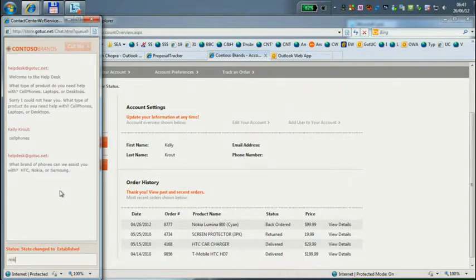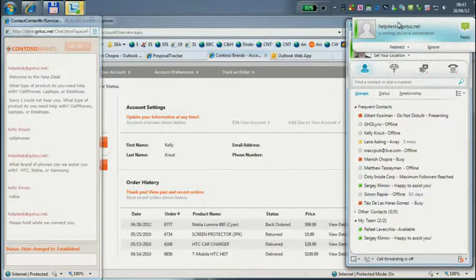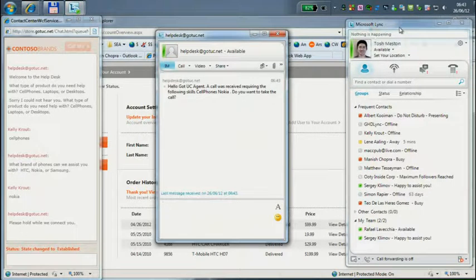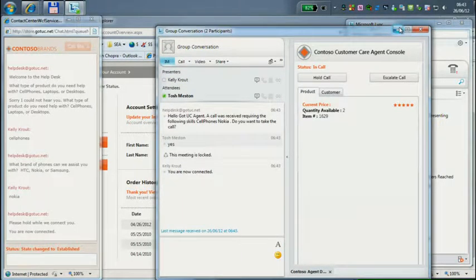And I'm going to look for a Nokia person. At that very moment, I know again, Tosh is my guy, right? So let me pop up Tosh again. Tosh is busy at this very moment. But the moment that I become available, the same thing happens that happened a second ago. This time the help desk is going to contact me. I'm going to say, yes, I'm able to speak about this particular topic.